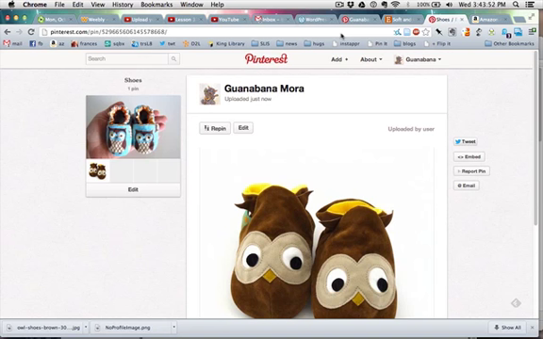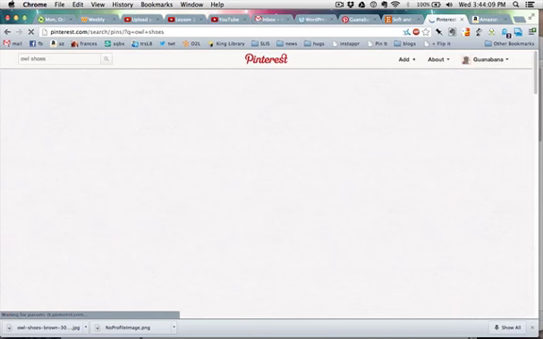Another way of pinning images is by searching Pinterest itself for images. You do that by using the search box on the upper left-hand corner of your screen. Let's search for owl shoes. Our search results